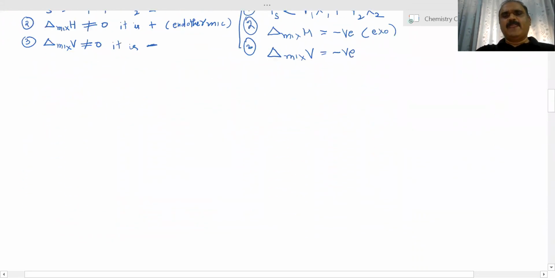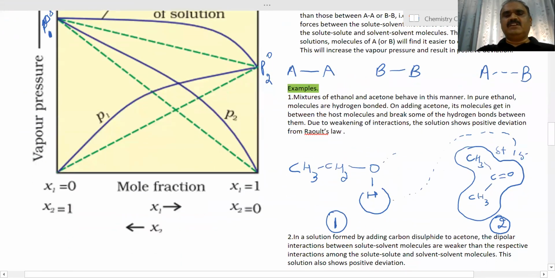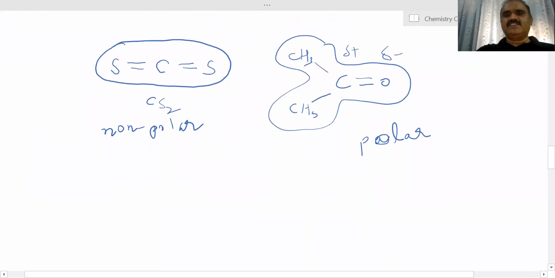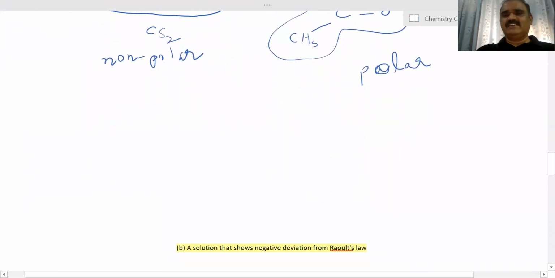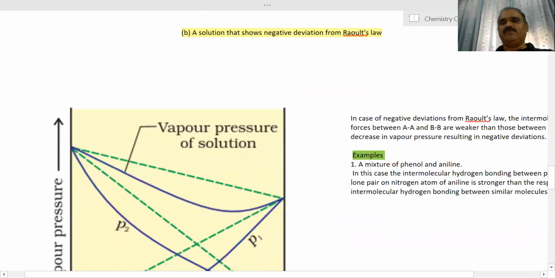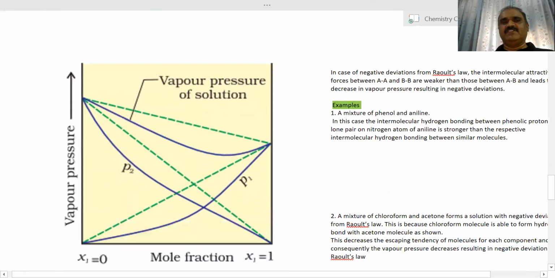Non-ideal here is that in which the total vapor pressure, that is VP of solution, is lesser than the sum of the components. And delta H mixing is negative. Heat is released. And delta V mixing is also negative. There is a decrease in volume. This graph will be reversed. Now curves will depress down. First these were bulging out, now depressing.